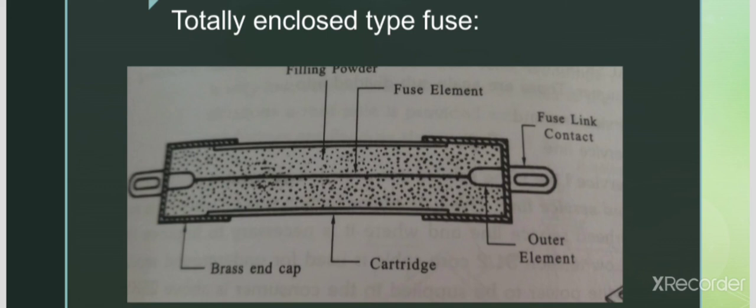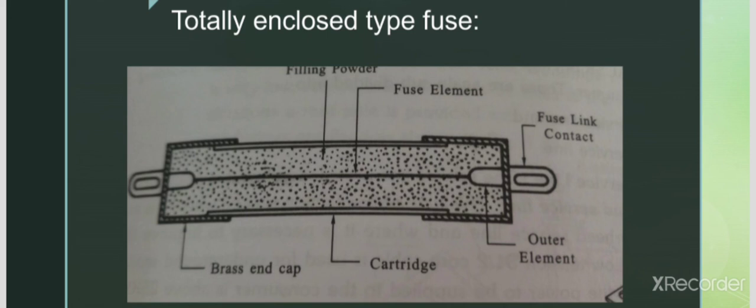Coming to its operation, during normal load condition, the fuse element carries normal current, and the heat developed is quite bearable, and the fuse will not blow. But on the occurrence of a fault, when a heavy current flows through it, the fuse element will melt, and when the melting process is completed, the arc is formed. The chemical reaction between silver vapor and the filling powder tends to establish a high resistance substance which helps the quenching of the arc. This is the operation of the HRC fuse.